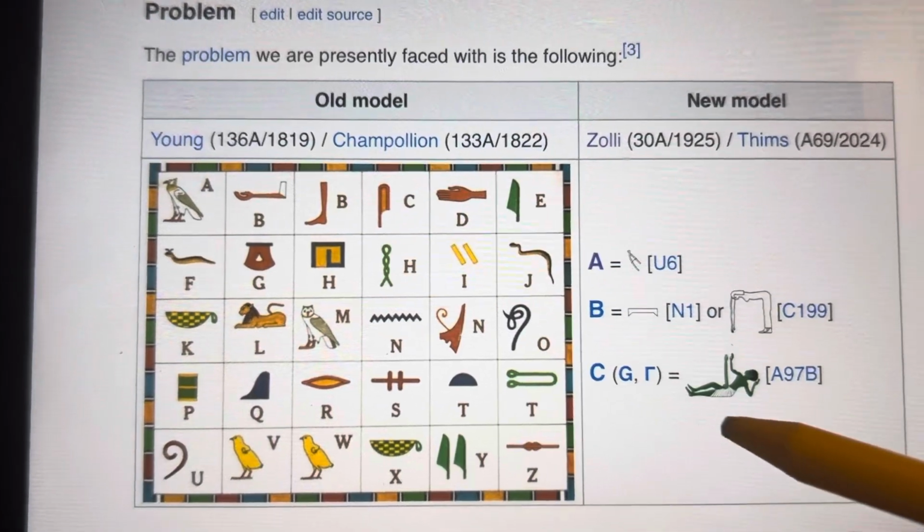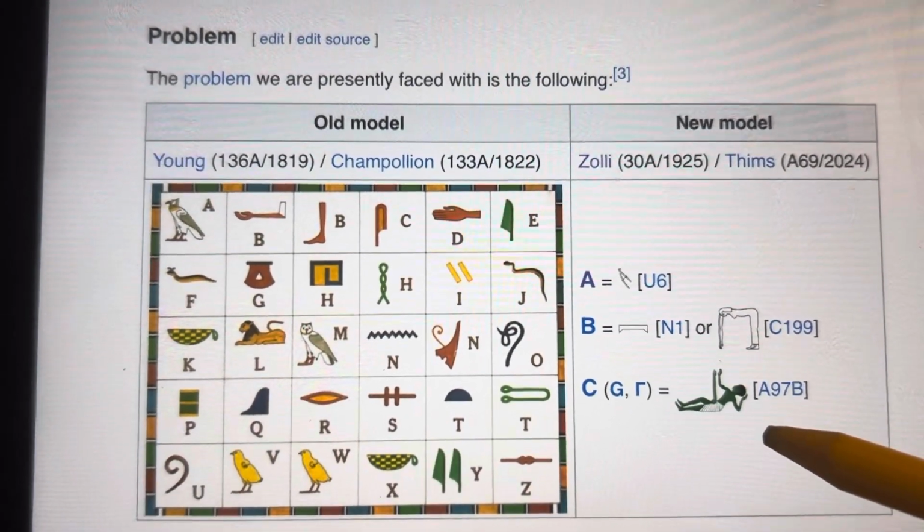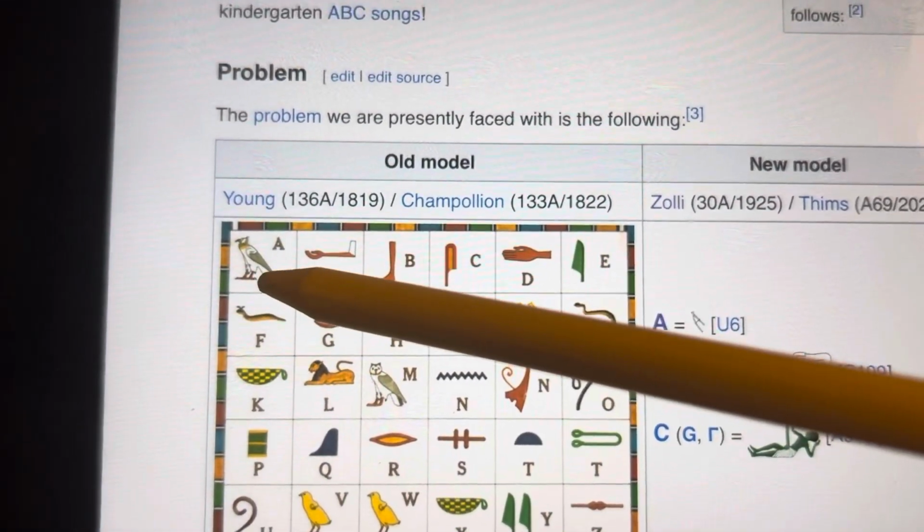Letter G is not really defined by Champollion, but to look at letter A,